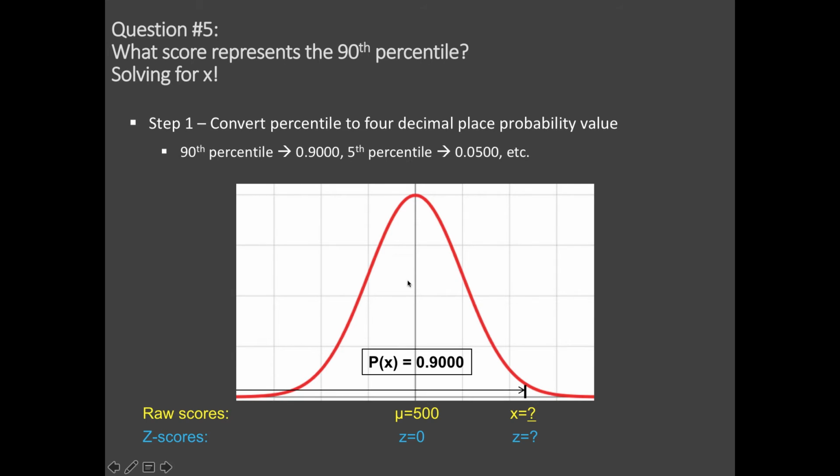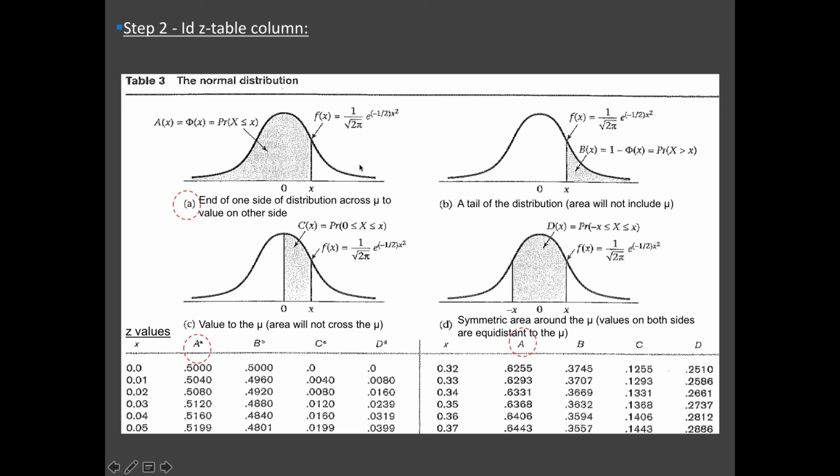This middle line here is always going to be equal to an x value or a probability of 50%, or 0.50. So since 0.90 is higher than 0.50, we know it's to the right of that somewhere. It doesn't have to be exact when you're drawing it. So we know we need to use this value because it does cross the mean. So now what you're going to do, instead of looking at the z value for that 0.9000,